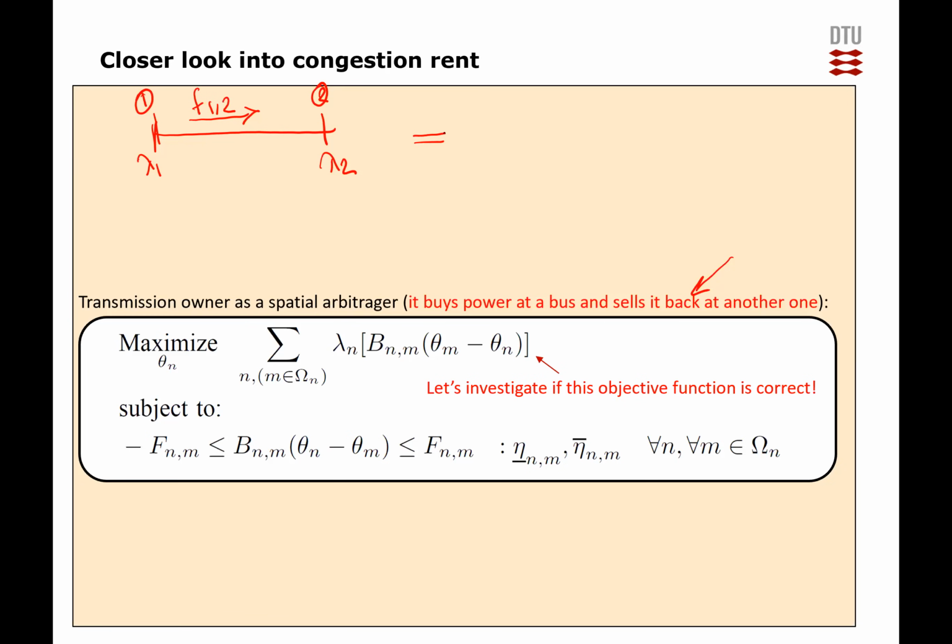You can assume that the transmission system owner is an arbitrator who arbitrages between the nodes. The arbitrator buys power F at bus 1 at price lambda 1 and, assuming there are no losses just for simplicity, sells it back at bus 2 at price lambda 2. Exactly. So the profit of the transmission owner here is lambda 2